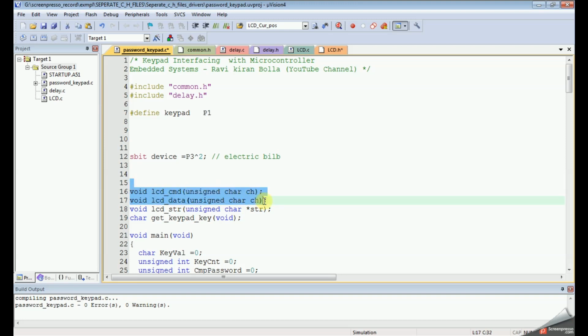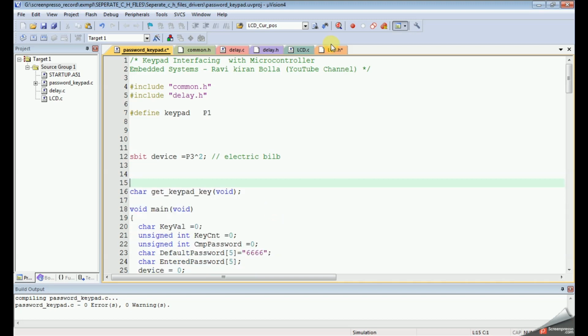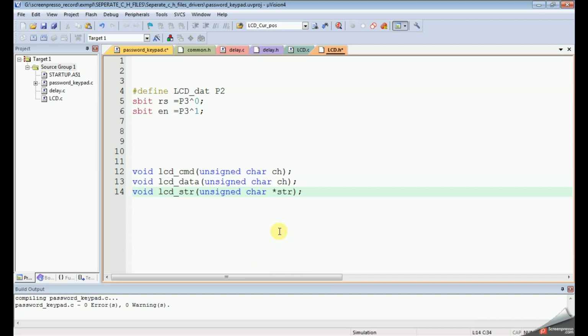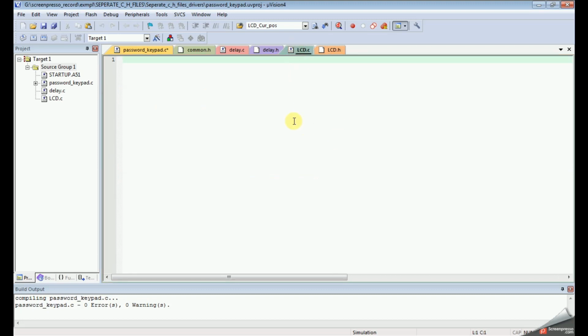The LCD data, command and string functions should be moved to lcd.h. All the prototypes should be moved to the .h file, and they should be extern to use in other C files. The function definitions should be moved to lcd.c, that is this one.